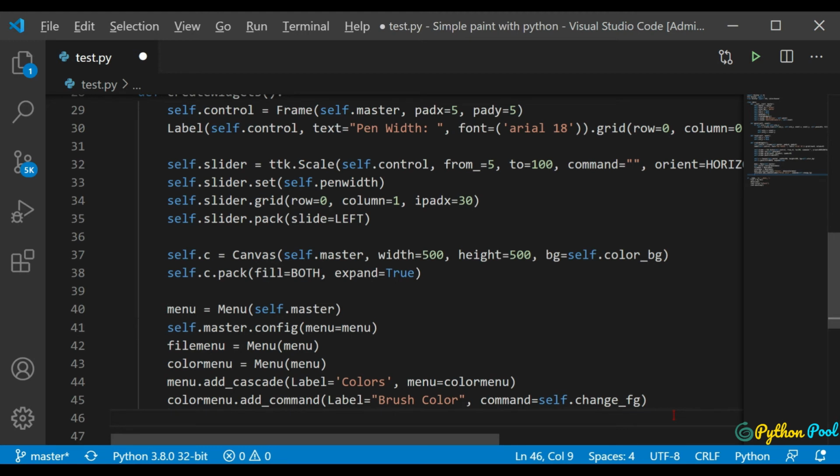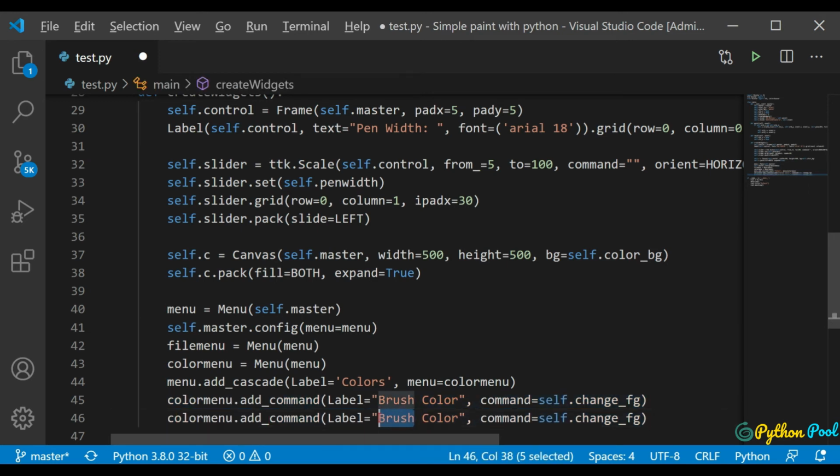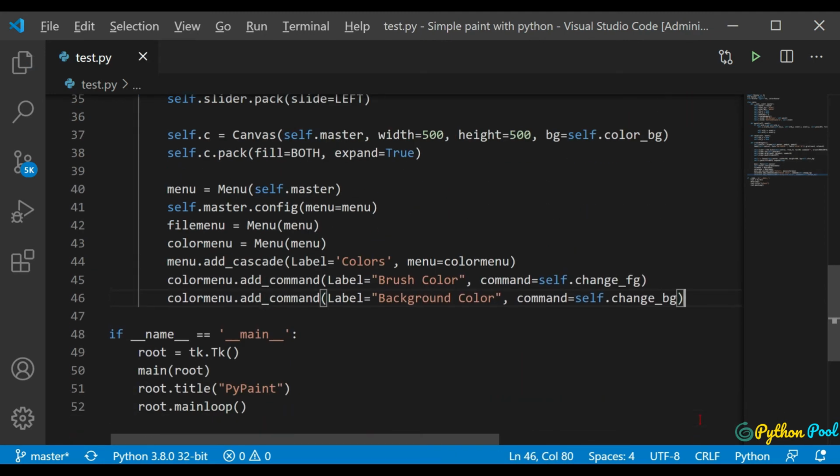Okay, and after that what we need to do is add one more command for the background color. So let's copy this one. Control C, let me paste it here. Control V, let me change this to Background Color, and the function should be change background, so change BG. Okay, after that let's hit save. So we are done